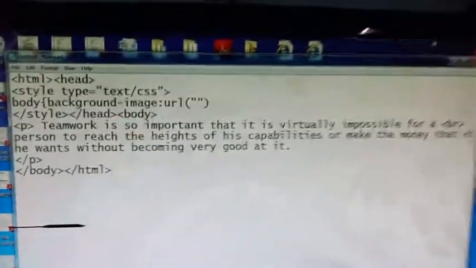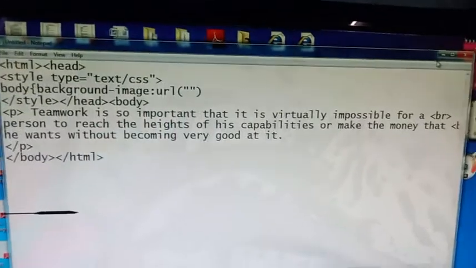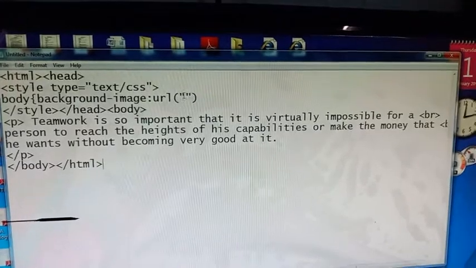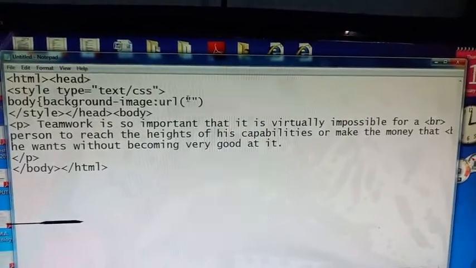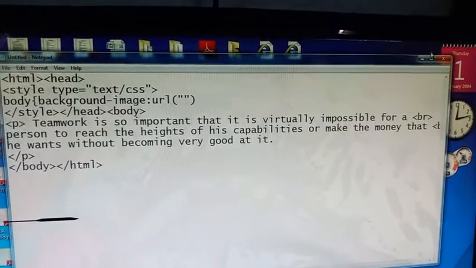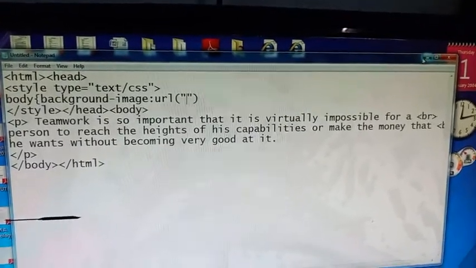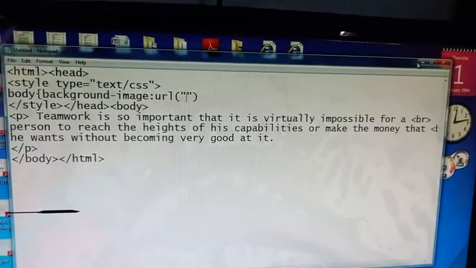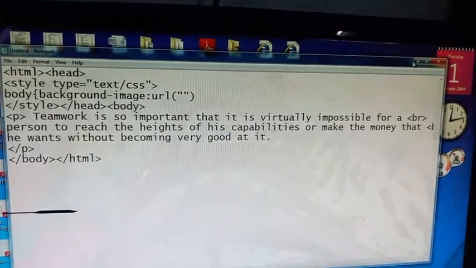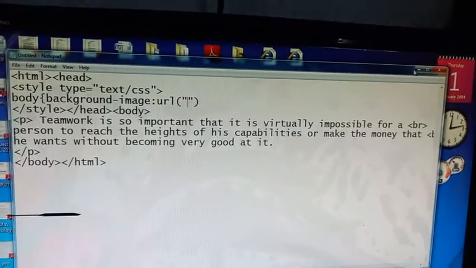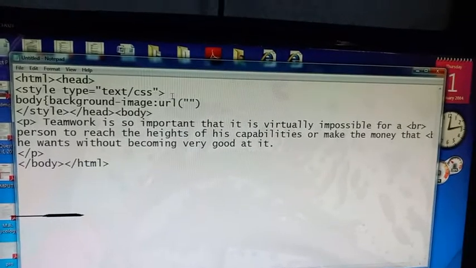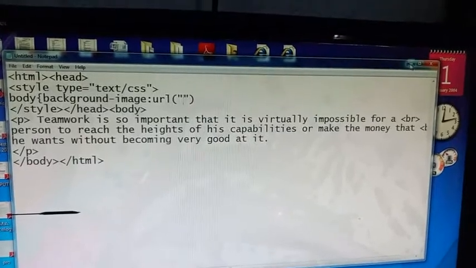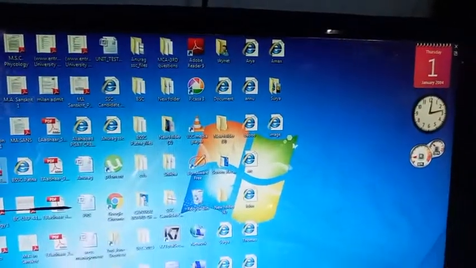Now we will add the link just in the parenthesis next to URL. So click here between the double quotes and minimize Notepad. Here, for the sake of convention, we won't write the link. We just copy the link, that is where our picture image is, and we will paste the link here next to the URL. So minimize it. So first we see where our image is.